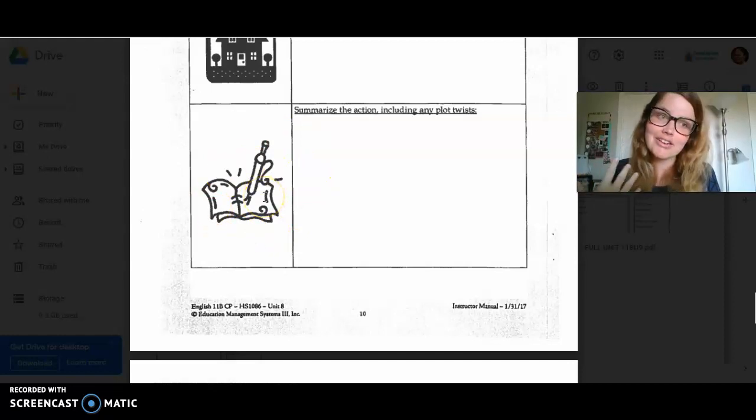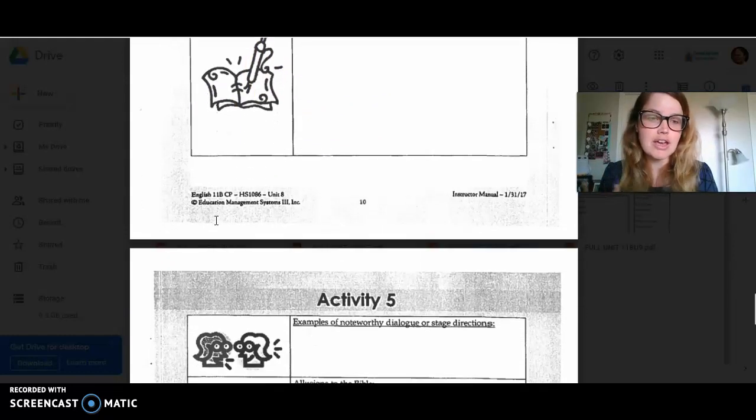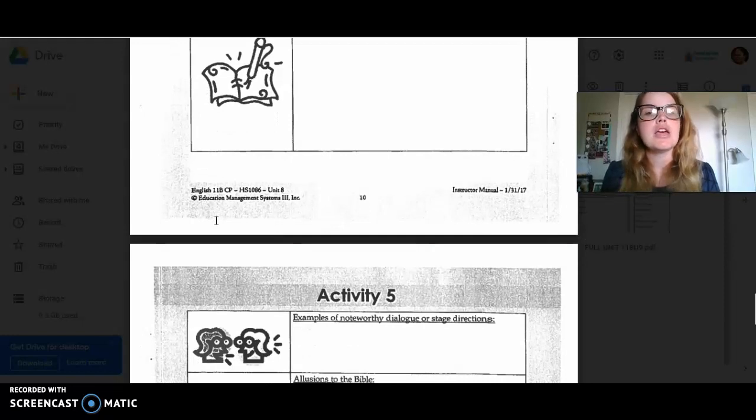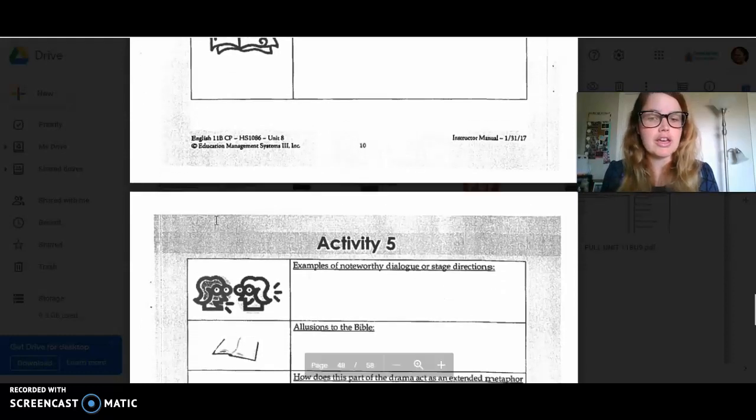As you can tell, I have read the play. I know the play pretty well. It's one of my favorites. So summarize action here. I'm gonna know if you read it based off of that. You guys can also reference other things to help you understand it better. I don't mind, but make sure that's not all you're looking at.